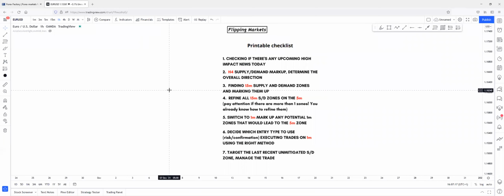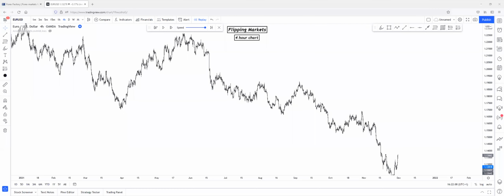The second point is the 4-hour supply and demand markup and determining the overall market direction. Knowing the higher time frame direction is necessary if you want to be successful in trading, especially in this 1 minute lower time frame strategy. Okay, so let's see an example, a whole example for this second point. Okay, so let's see the live example for the supply and demand markup and determining the overall time frame direction